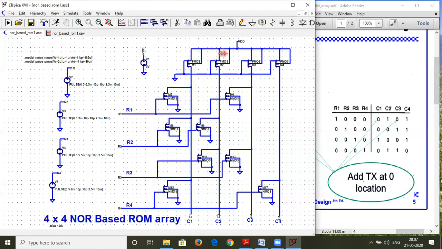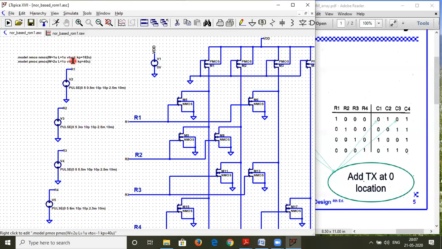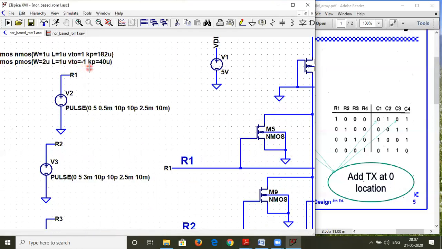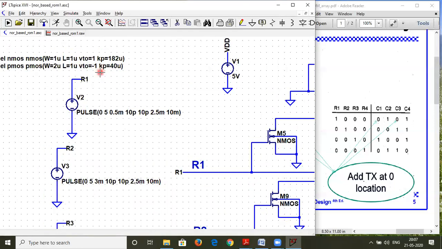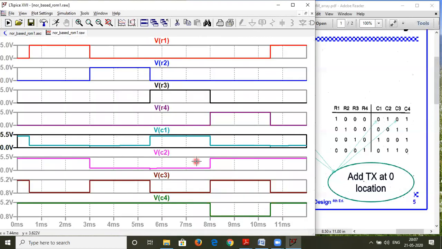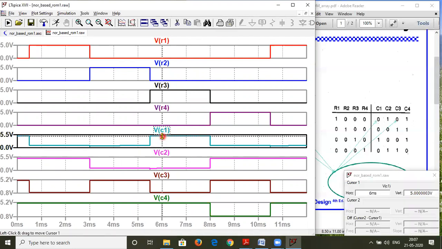So it will pass at the output a strong logic 1, but a weak logic 0. So the weak logic 0, the minimum it will output for logic 0, it will pass it around VTP. So VTP around here we have as around -1. So in magnitude terms we have over here 4.